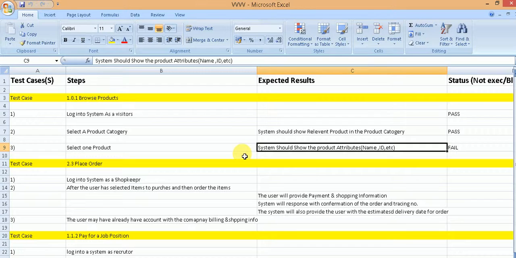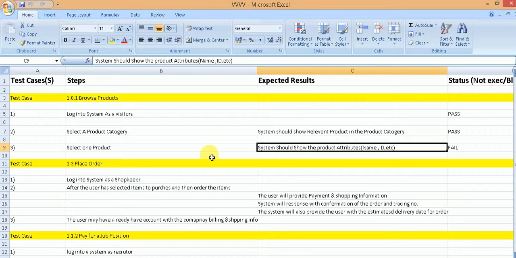Okay, then you can have a place for notes where you can mention additional information. For example, if a test case failed, you have to raise a bug report, and you can mention the bug report ID within the notes. Or you can mention some additional notes to yourself, like we would like to test it with some other test data or something.